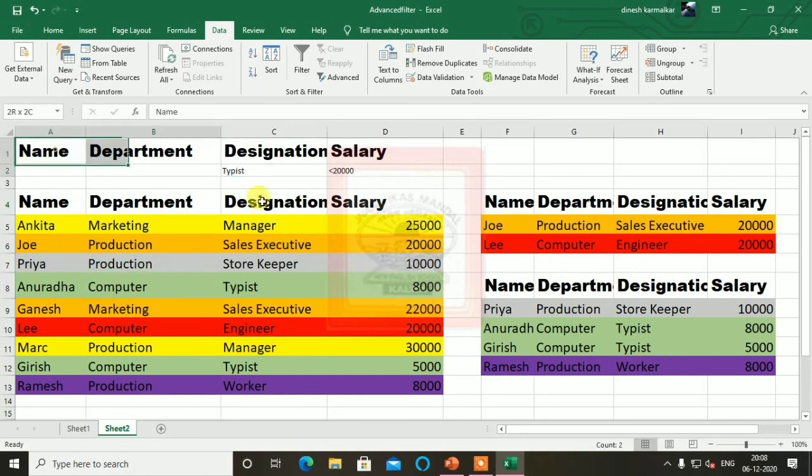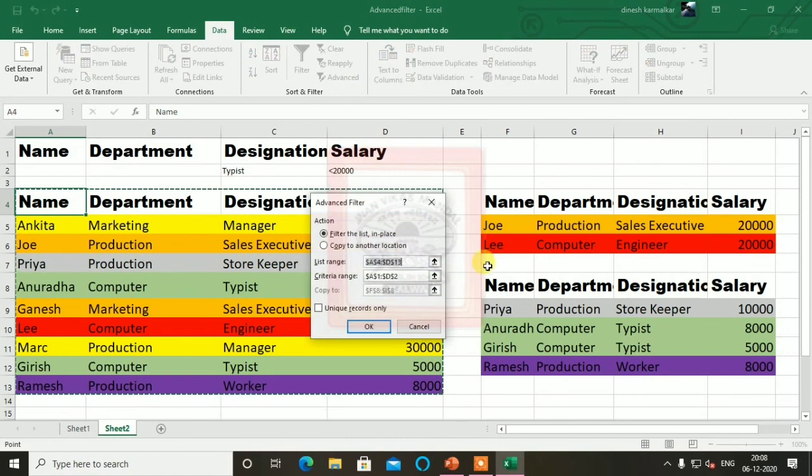Let's again take a different sheet, because already here we have used 2 advanced filters. So here attributes had been locked here. Now it is open.